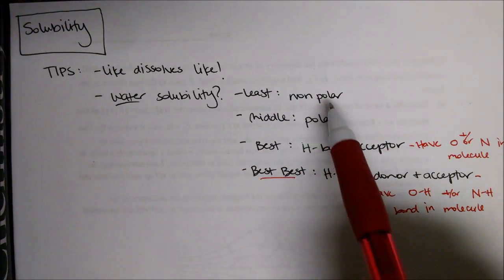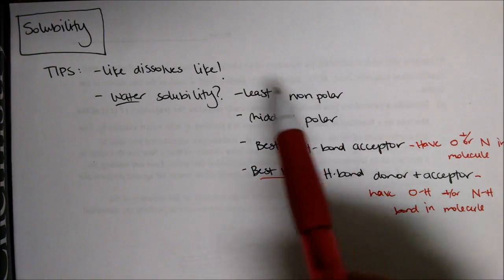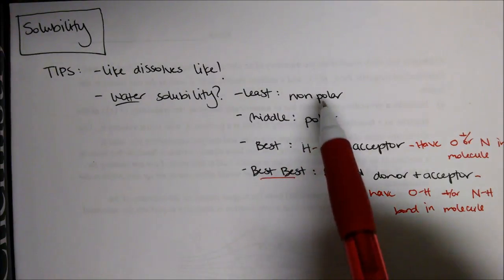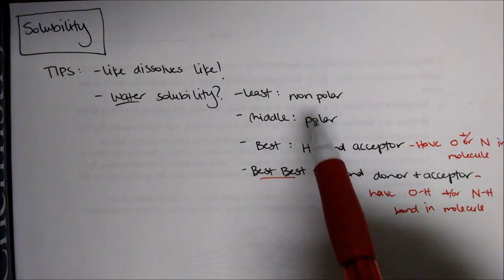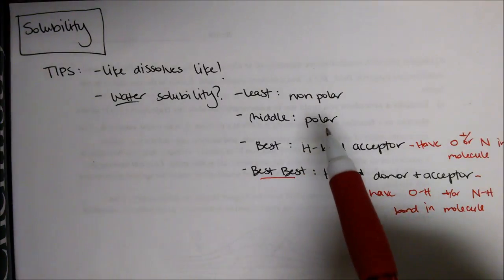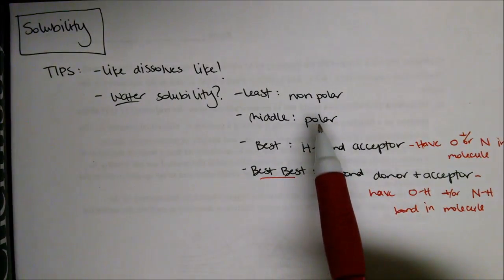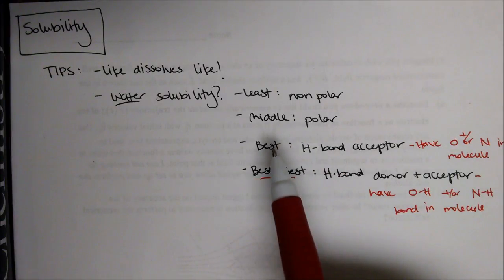If you are non-polar, you will be the least water soluble, right? And that's because, again, water is very polar. And if you are non-polar, you're not going to be very soluble. If you are polar, you will have some water solubility. Okay, so the polarity of the molecule will affect water solubility. And how do you be the most water soluble or the best